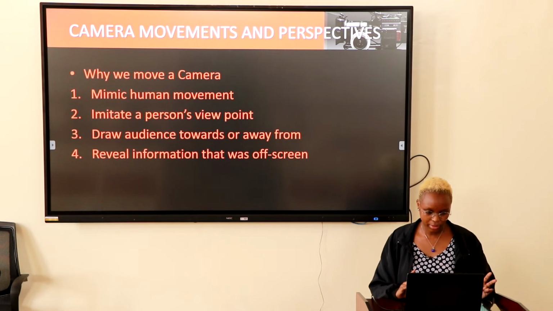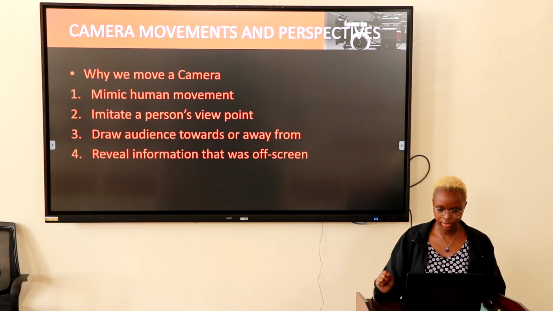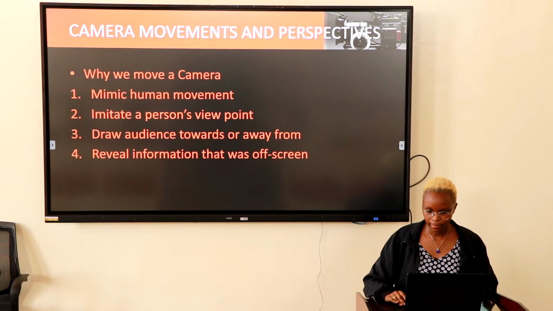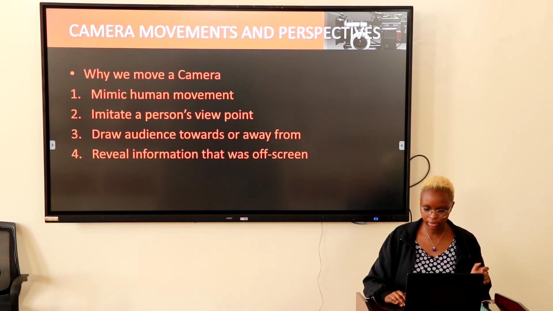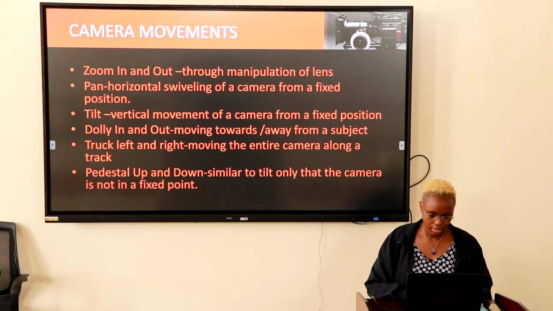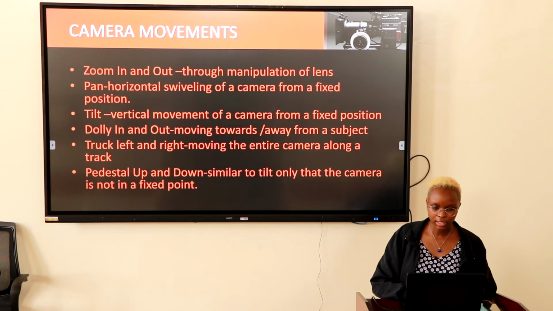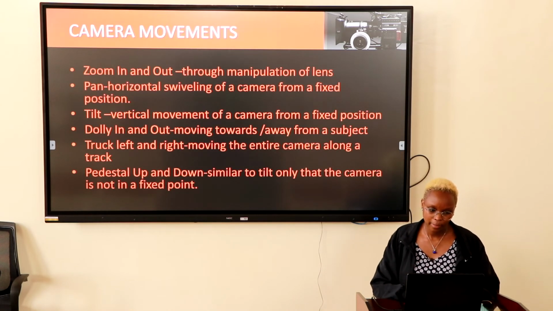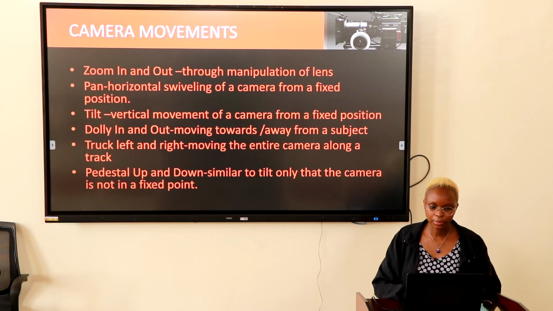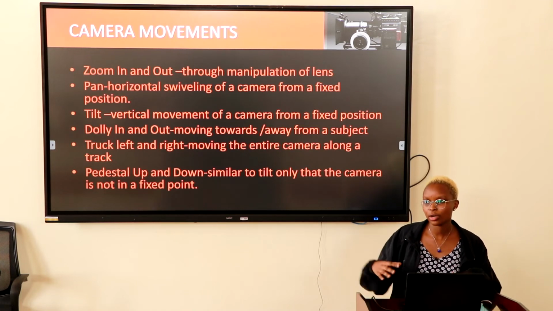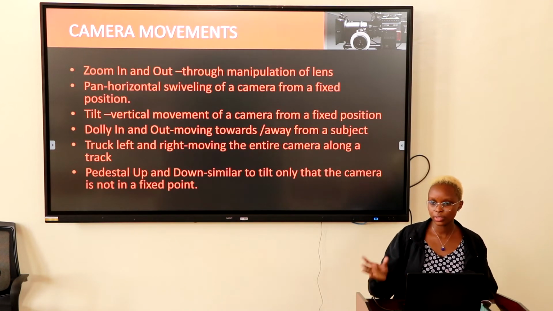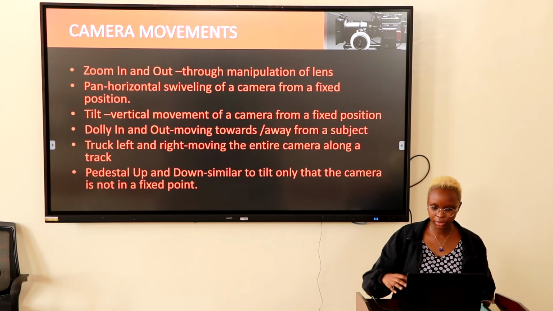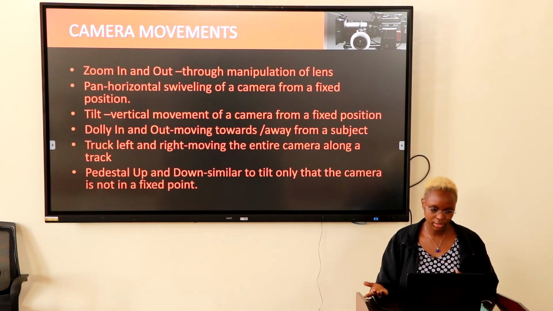To reveal information that was off screen. Yeah. That's by probably zooming in and out. So the camera movements are zoom in and out. That is through manipulation of lens. We all know how a camera looks like. So zooming in and out, you'll just manipulate the lens if you want to zoom in and if you want